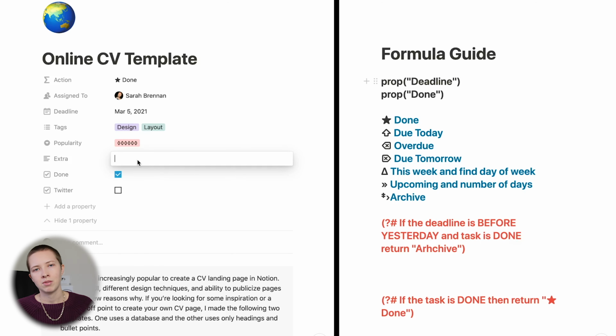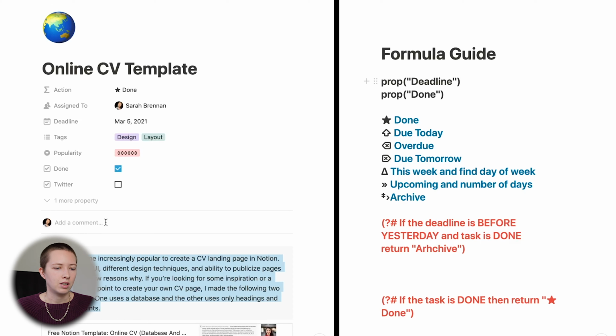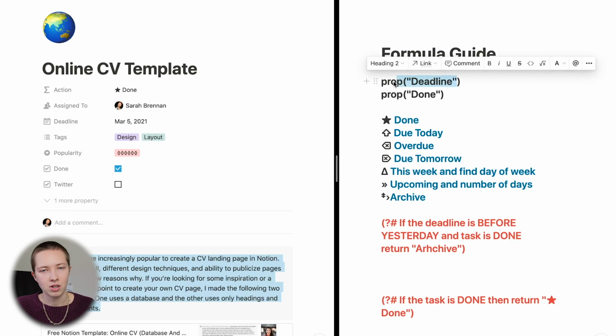Sometimes I put in my blog a little extra piece at the bottom of the article that's like an extra tip that's related to the article. And that's pretty much it. What I want to do here is just work with two different properties, like I said. I'm going to work with the deadline property, which is just a date property. So if you have a date property and a checkbox property, I'm just using those two properties to create this